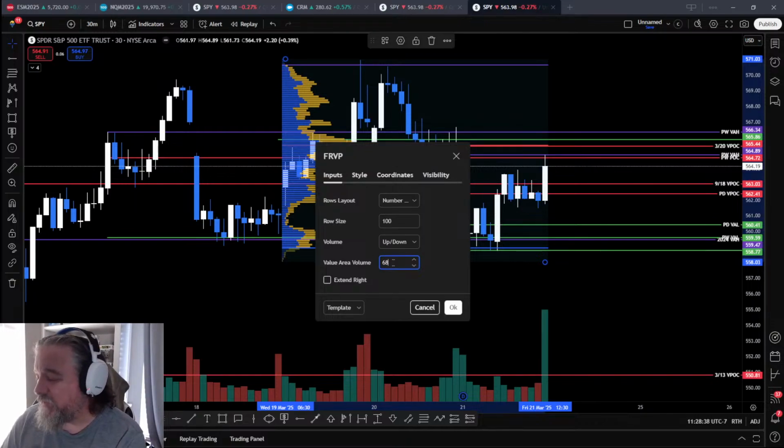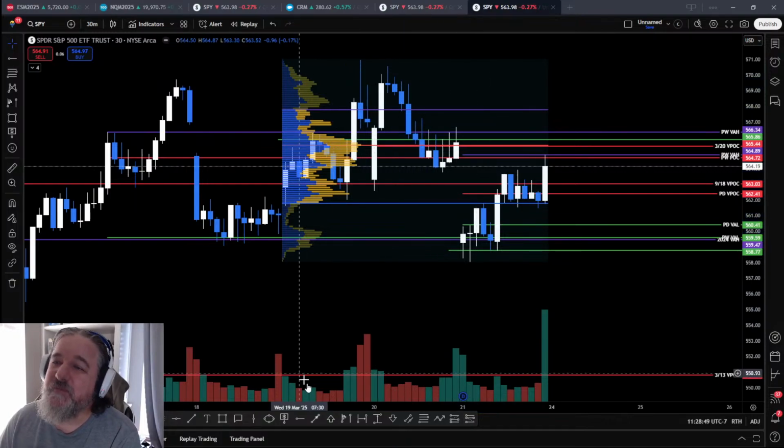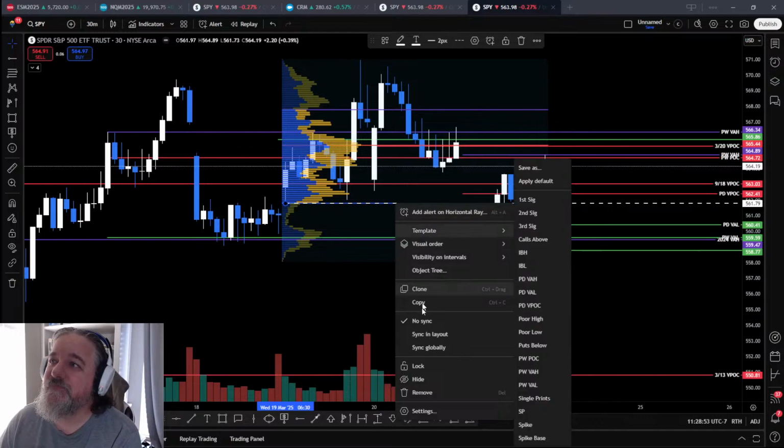From here, we go to value area volume 68, row size 100. The settings are going to be the same, but I'm just covering them again. Value area high on, value area low, POC. Right? And then from there, we're going to go first SIG,